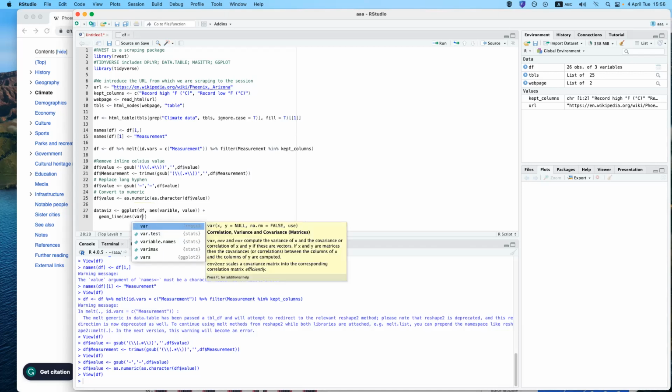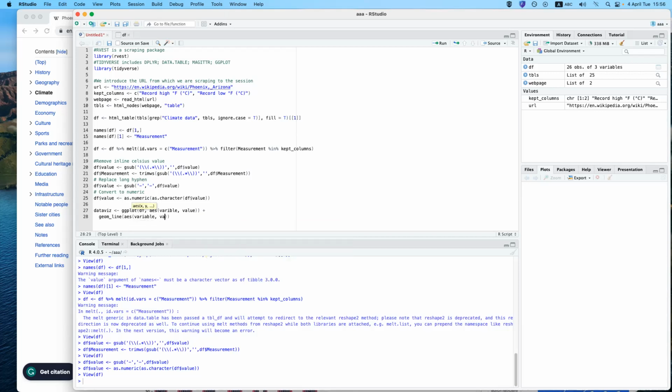As with above, the x-axis is the variable, the y-axis is the value. I'm adding plus and continuing, and I need to add some points at the end of these lines. So I'm going to do geom point,